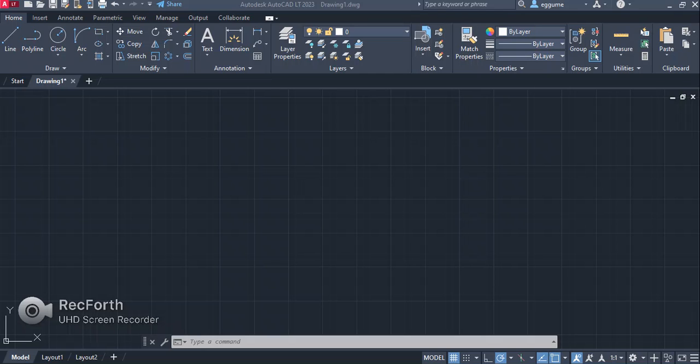Okay, in this video I will just show you the array commands. There are 3 different array commands, but I'm going to show you 2 of them, the rectangular and polar array. So first we'll start off with rectangular,